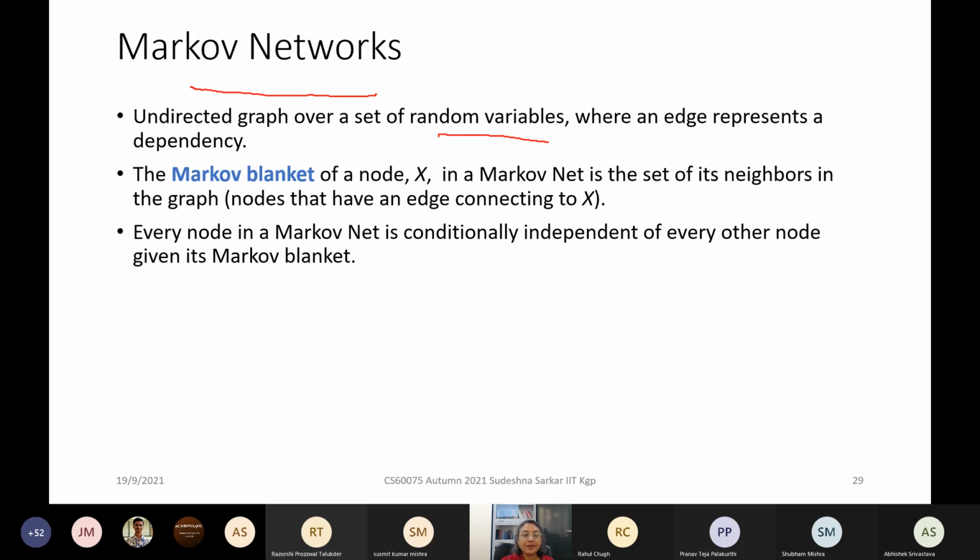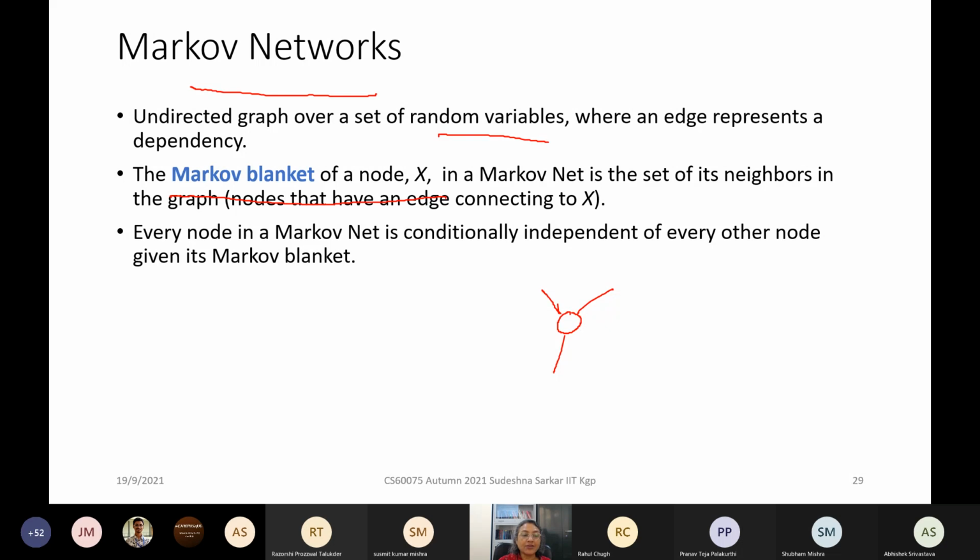Now, if we have an arbitrary graph of different variables, suppose this is a particular variable, we can look at all the variables which are directly connected with this variable. If we do not assume any conditional independence, all the variables will be connected to each other. But if we account for certain structure in the domain, a variable may be connected with only a few variables. And those variables form a Markov blanket of this variable x. Right?